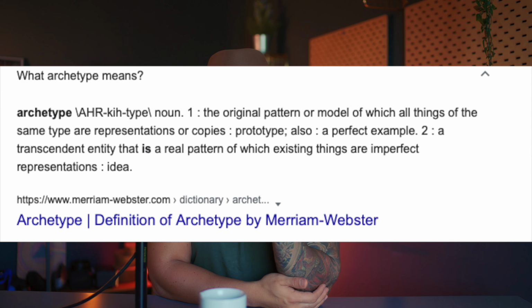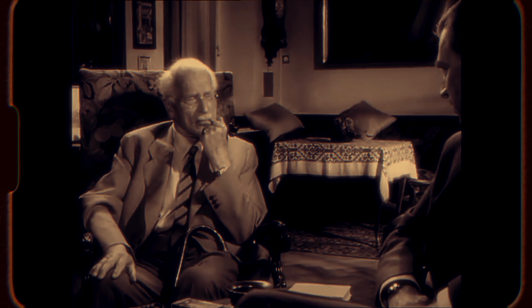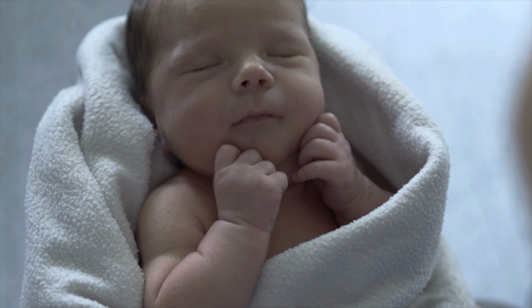The word archetype comes originally from a Greek word that means the first imprint. Swiss psychiatrist Carl Jung pioneered the use of archetypes to illuminate personality in the early 20th century. A lot of us may think that we are born with a clean slate, which is not the case. He's suggesting that we inherit fundamental biological information from our ancestors, simply reflected in the way that we look and